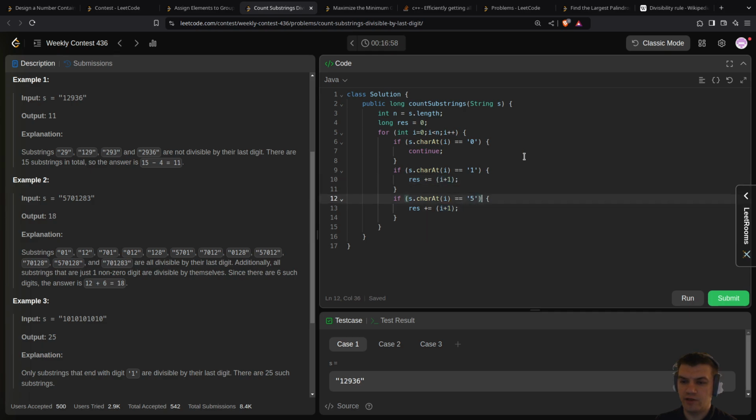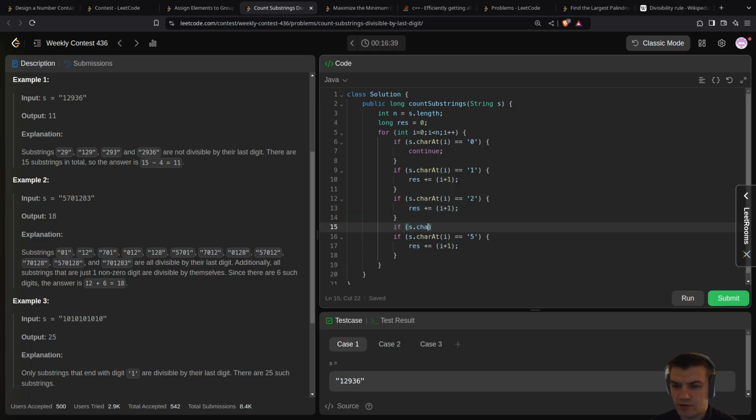And if it ends by 2, then also res plus equal i plus 1. And then if s char at i is equal 3, then